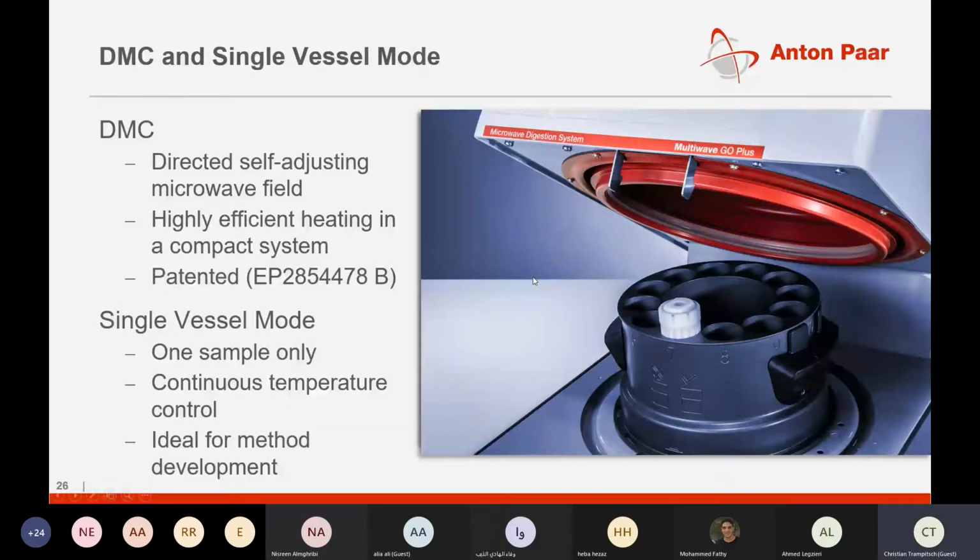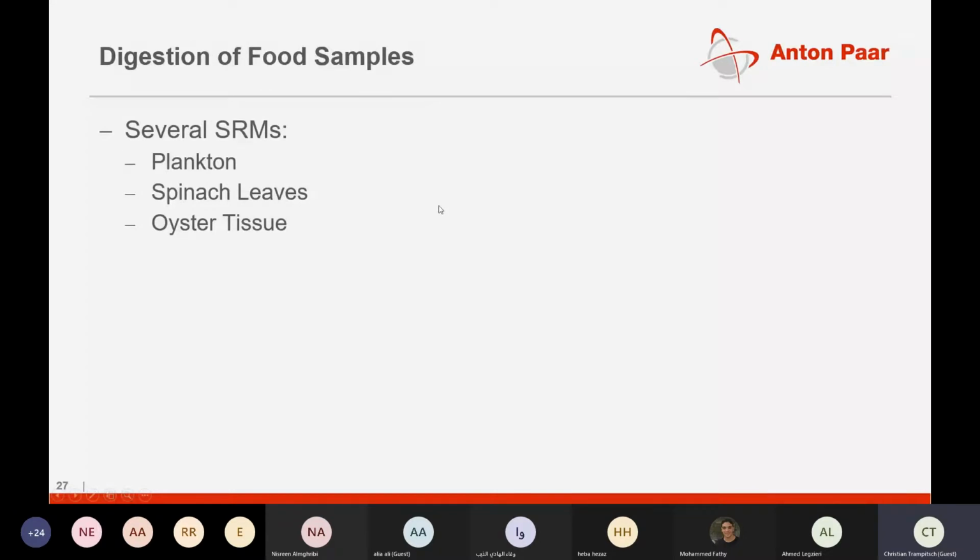We also, of course, are able to digest food samples with this vessel. In this case, we just tested the, excuse me,